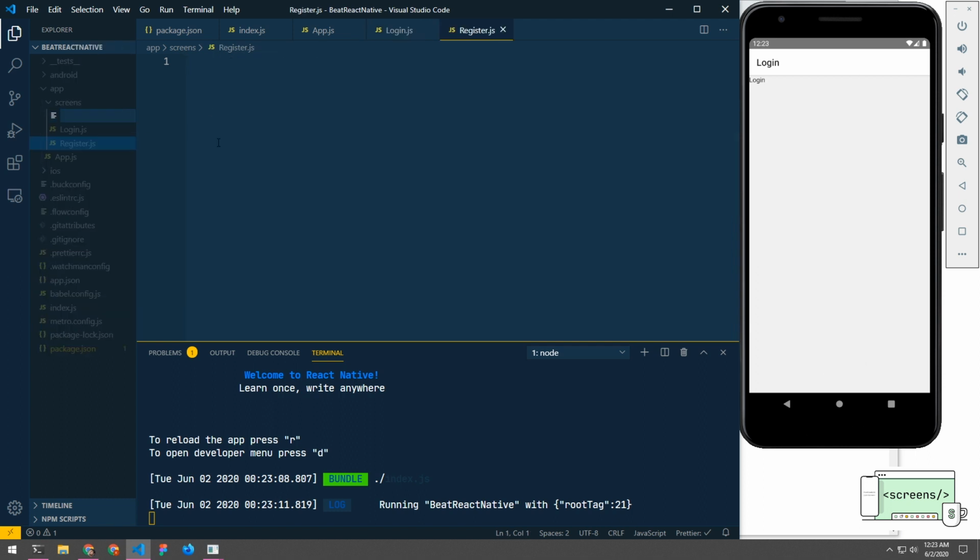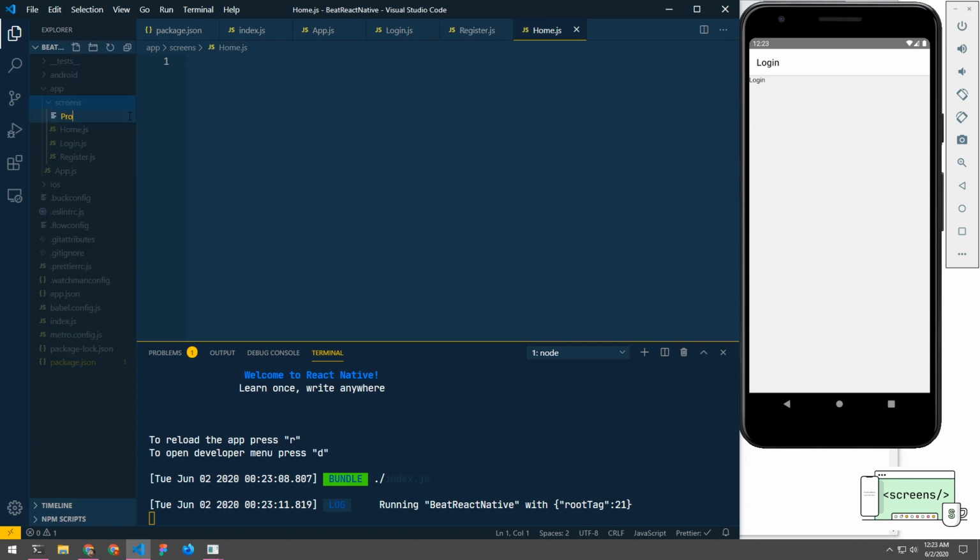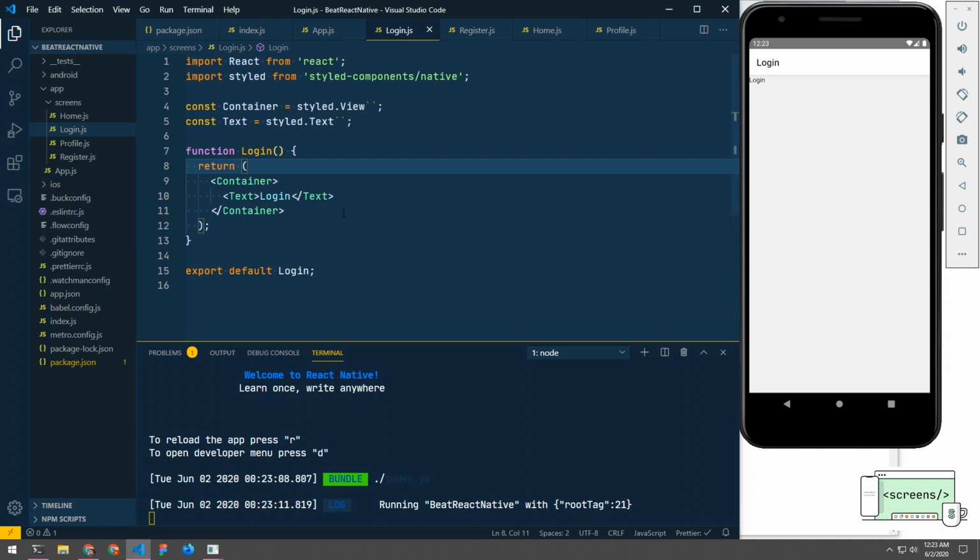We'll also add dashboard, or let's call it home. And then I'll also create profile page as well. So what I'll do is I'll copy